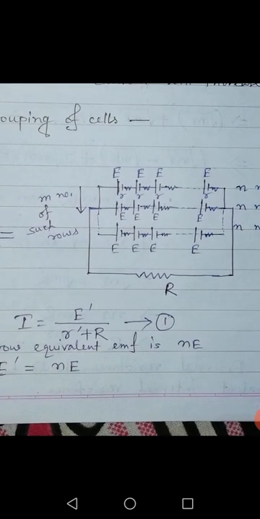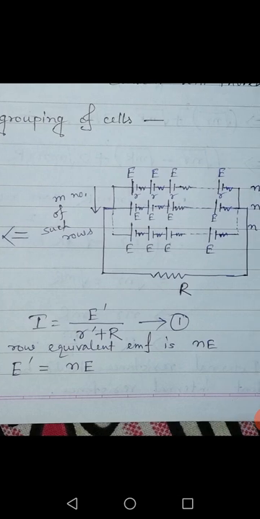So in last class we discussed series and parallel combination of cells, and today we will discuss mixed grouping of cells. Mixed grouping of cells means it is a combination of series and parallel. Okay, so here you can see that a circuit is constructed where in each row like this,